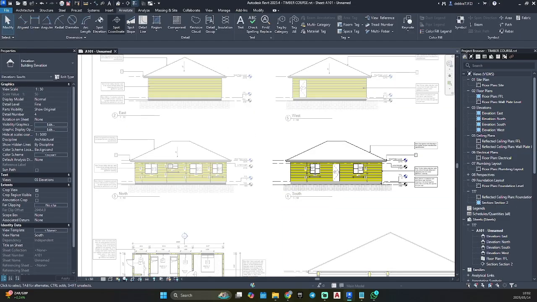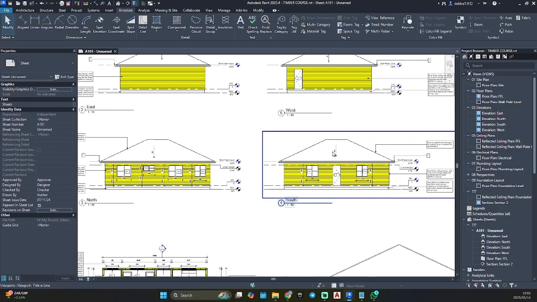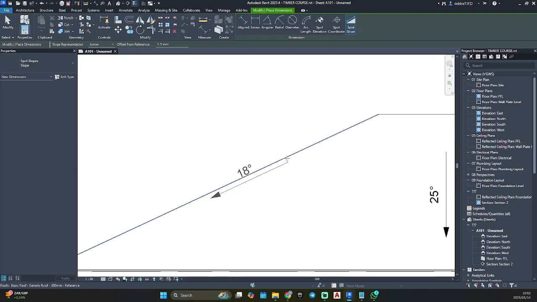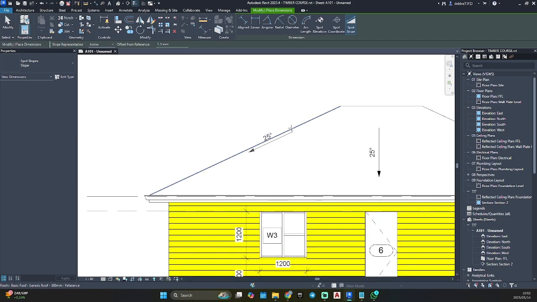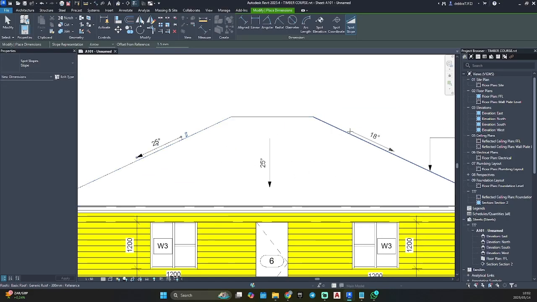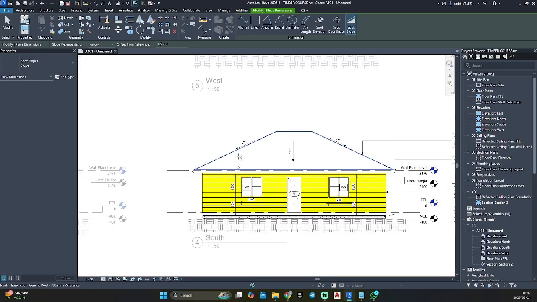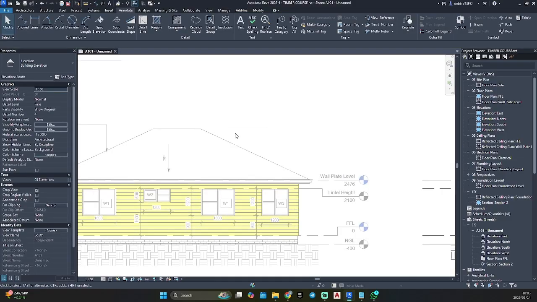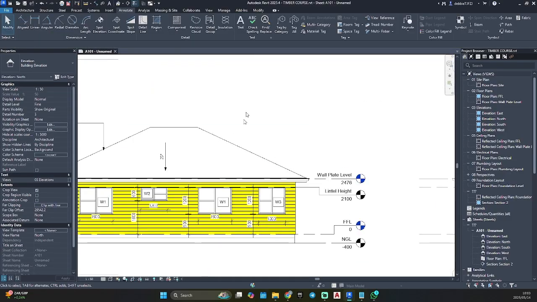Before we forget our slope, if you want, you can put it. Why is that 18? There we go. 25. Just hit tab and you'll get the actual roof. Put it on this one.